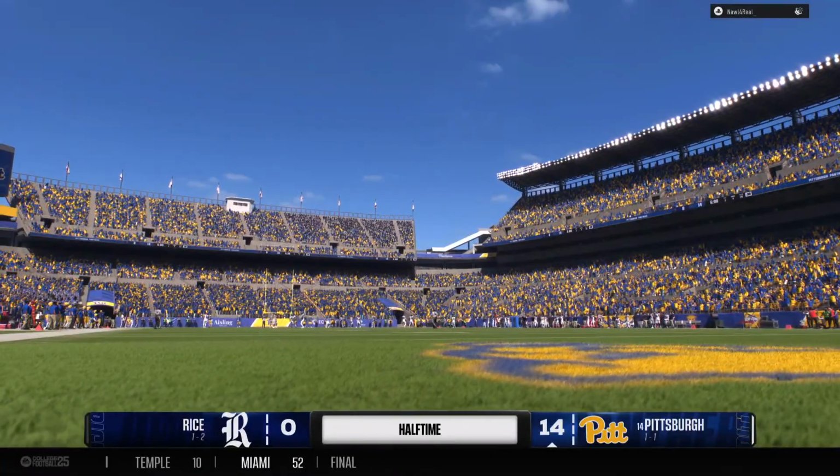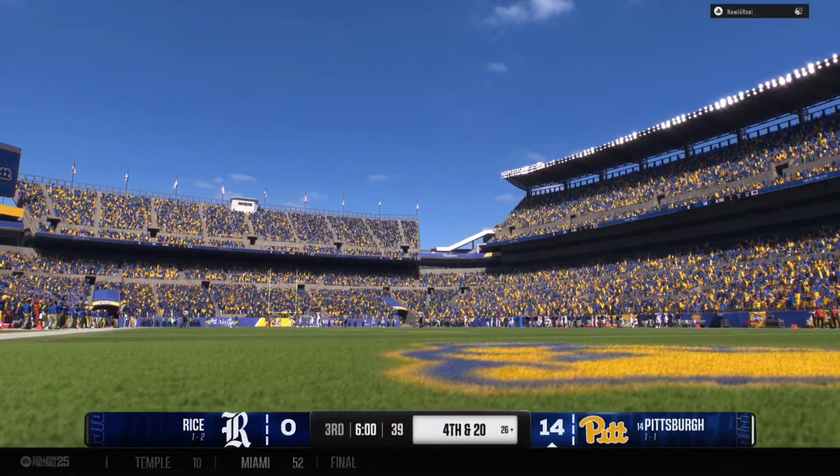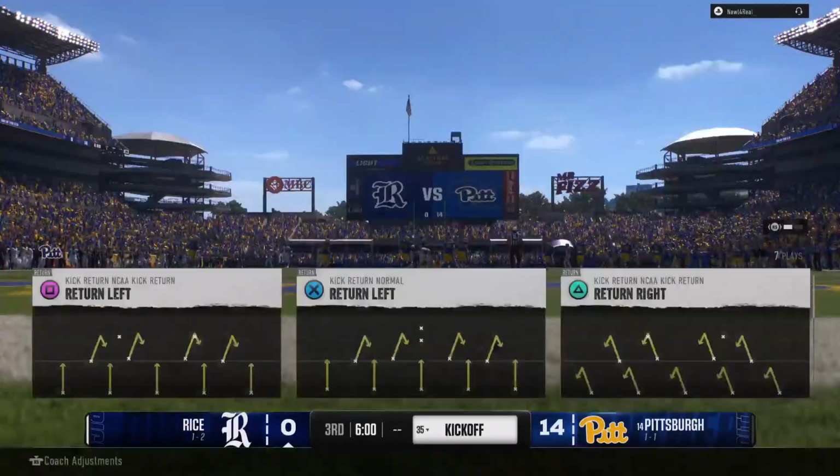That's the end of the 2nd quarter. That means it's time to join Kevin in our halftime update. With the score, Pittsburgh